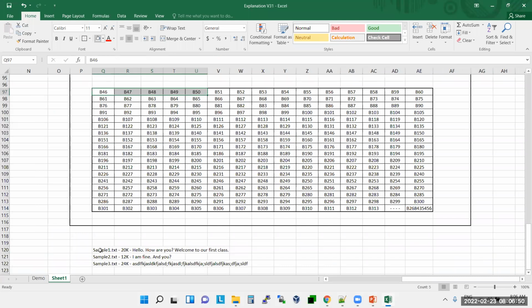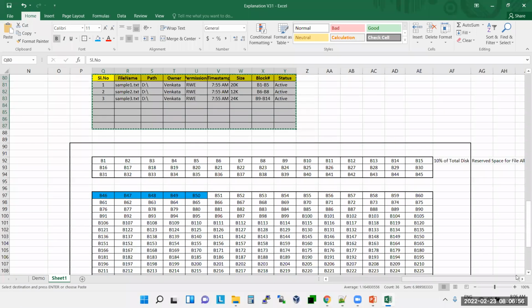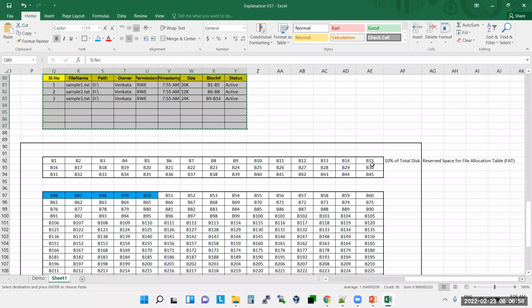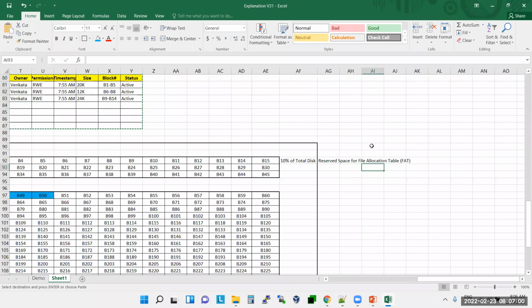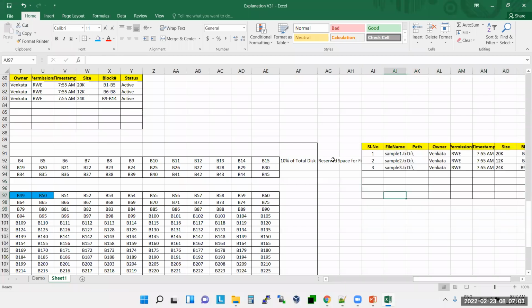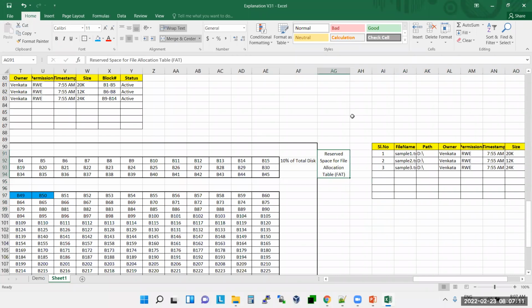Once it is done, it will immediately start updating this allocation table. This is the reserved space, guys.